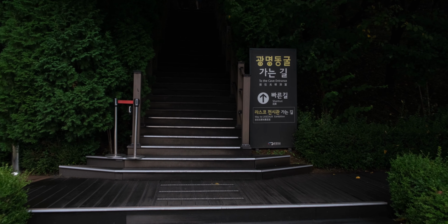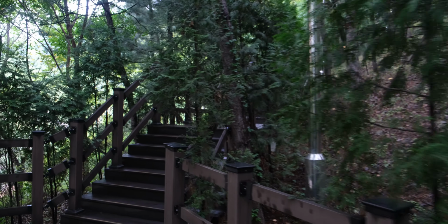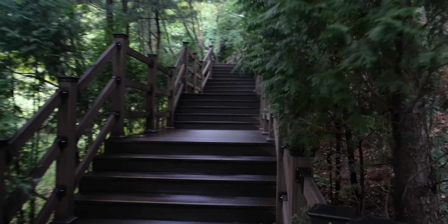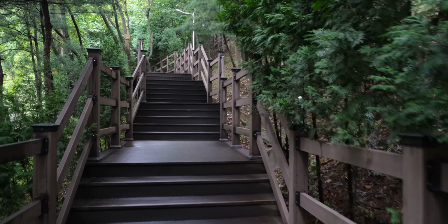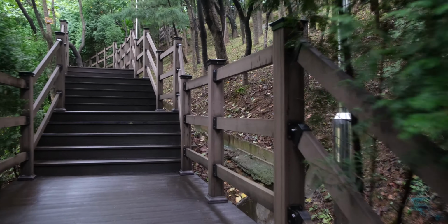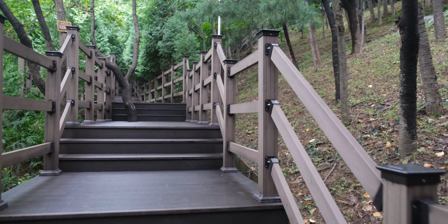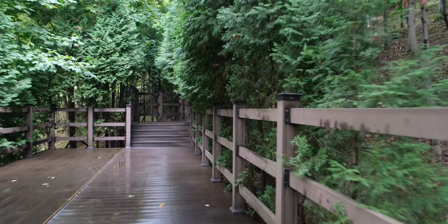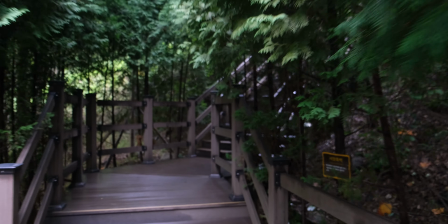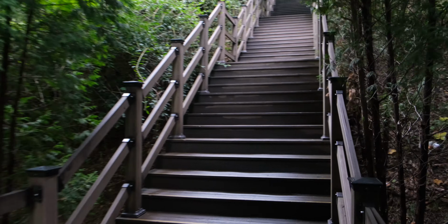This is the first thing we see, which says a letter up to the entrance. I love how here in Korea it's usually very organized, and there is great infrastructure for almost any object. Even when you go hiking, for example, in some places maybe 500, 700, 800 meters up, you will see stairs which help you climb comfortably, instead of places like this. But it does take away from the adventure and untouched nature vibe, so it's a trade-off,